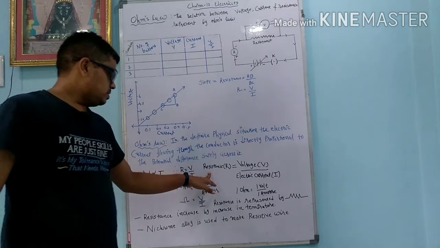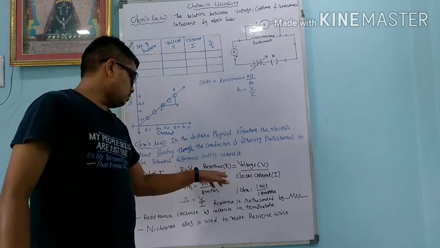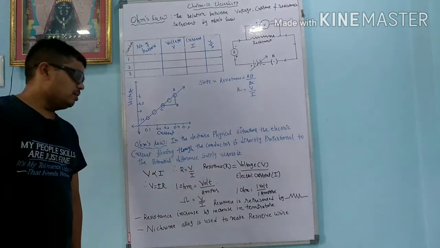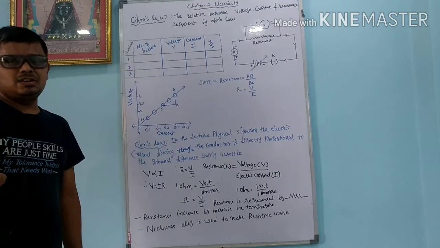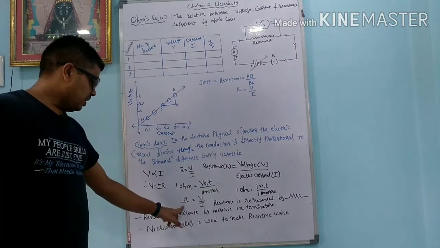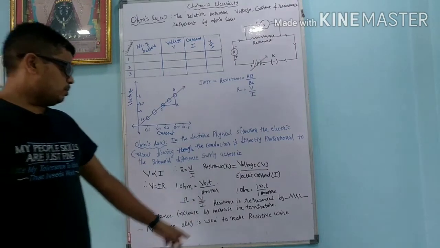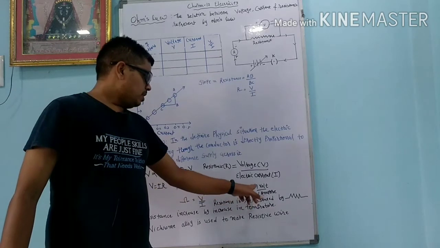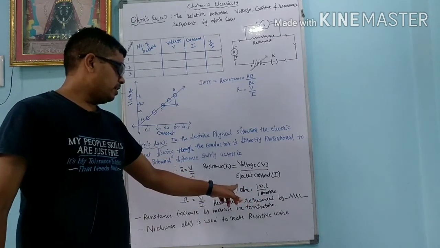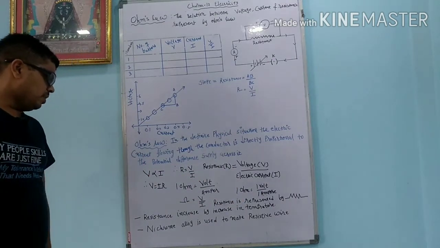R is resistance. Okay, it is represented by ohm. Voltage is volt, and electric current I, that we will represent by ampere. So the units of resistance are two. One is ohm, another is volt per ampere. Ohm we can represent like that, equals V by I. Okay, suppose what is called 1 ohm? If I pass 1 volt through any circuit, and if I get 1 ampere current, then I can say that the resistance is 1 ohm.